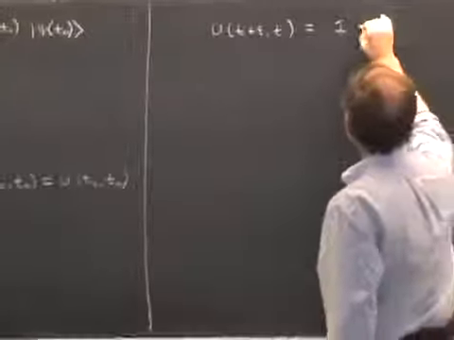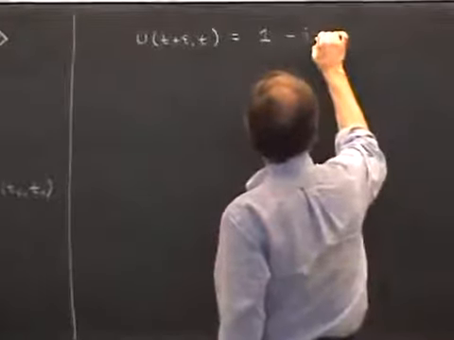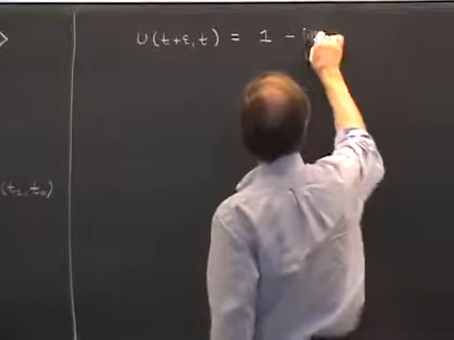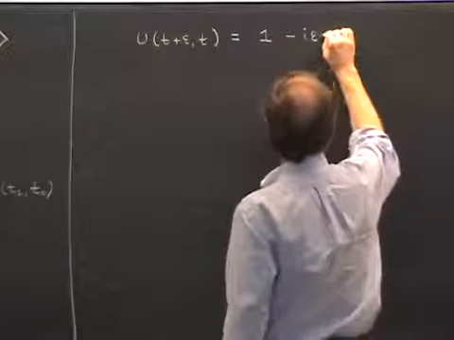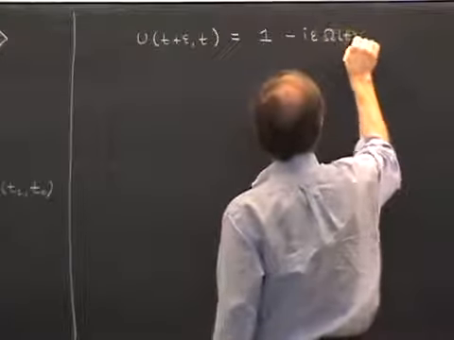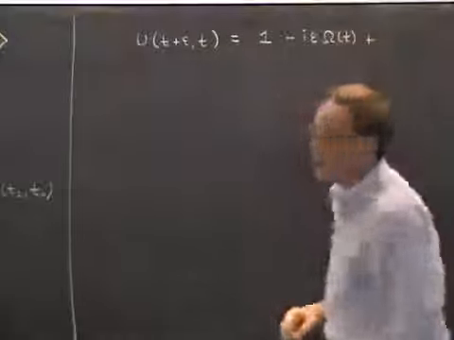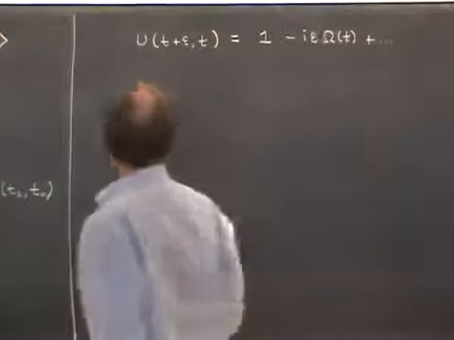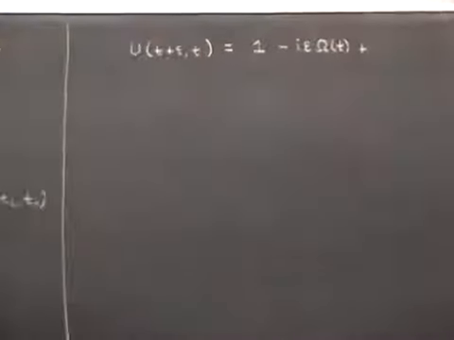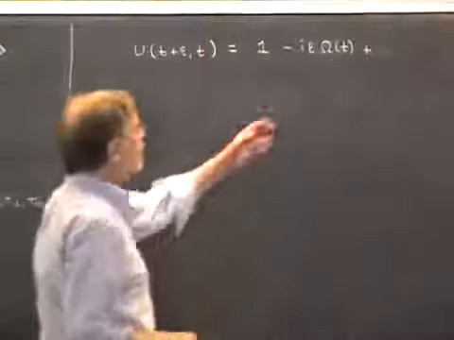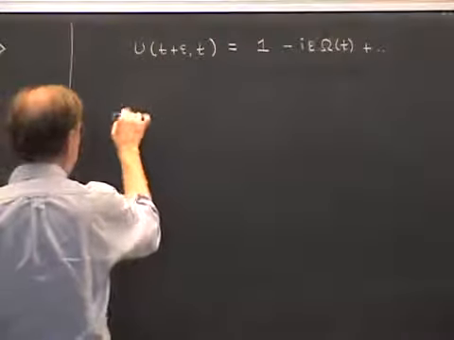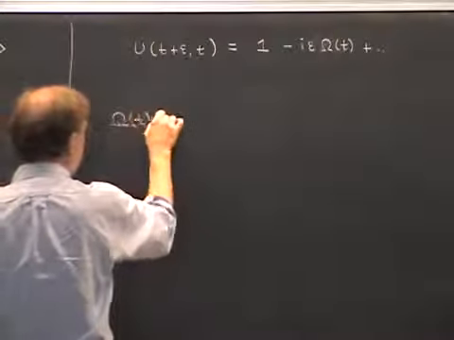And for the correction term, allow me to write it in the form of minus i epsilon capital omega of t, and then there are higher order terms, of order epsilon squared and so on, that I don't care about right now. So this is just a way of writing the first order term, but of course by Taylor's theorem, this operator omega is related to the derivatives of u, and in fact omega of t you can see is equal to